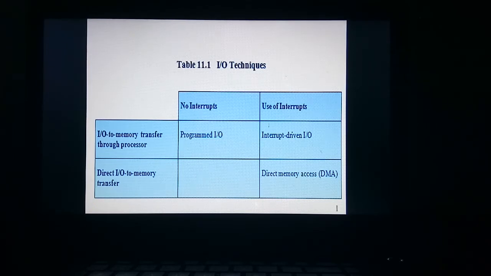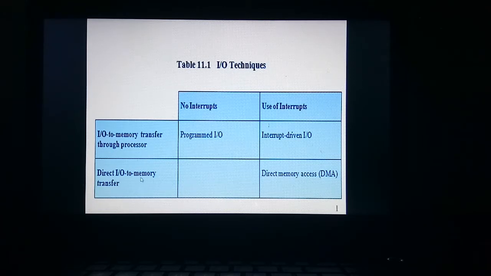If you are using the processor, it can be either programmed IO, where the processor is dedicated and no interrupts are there, or interrupt driven IO, where the processor is not dedicated, and as and when the requirement arises the processor will intervene. So that is the data transfer between IO and memory using the processor.